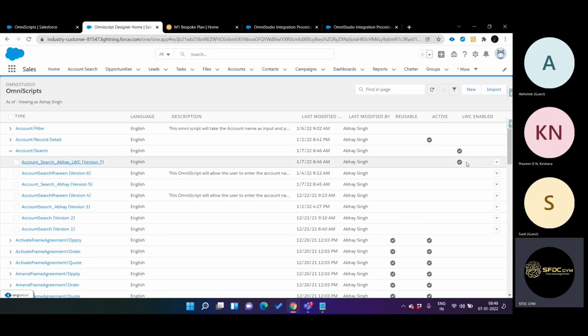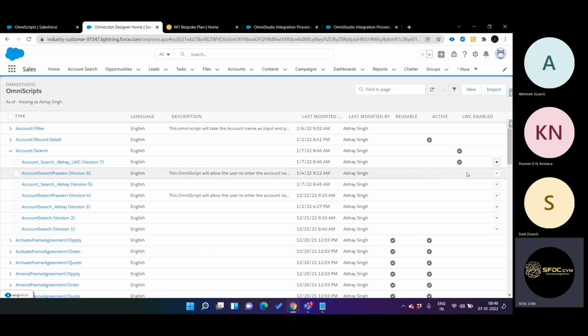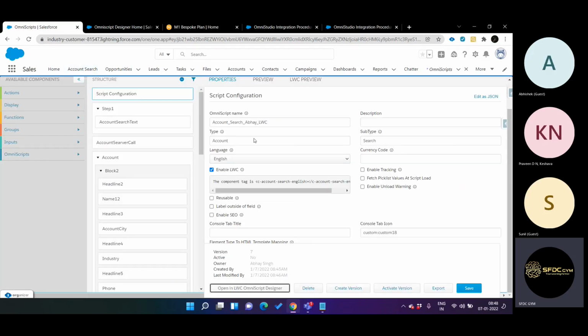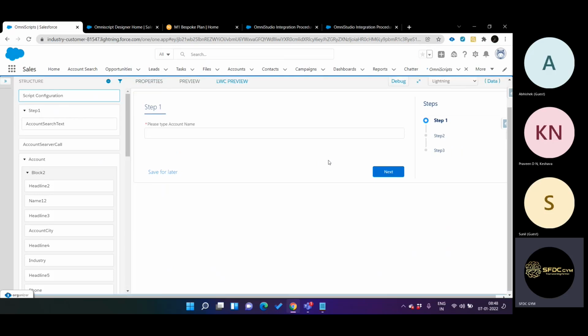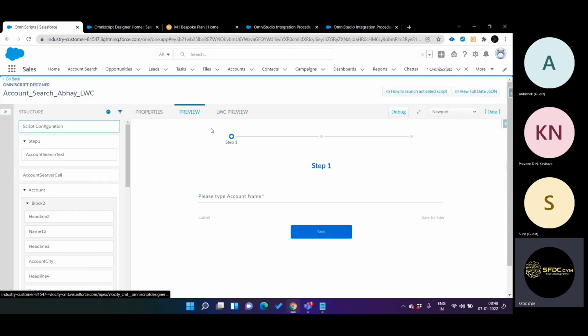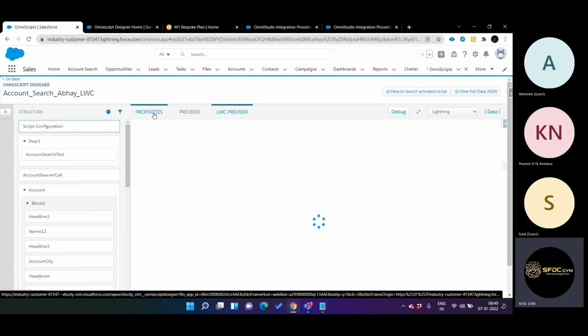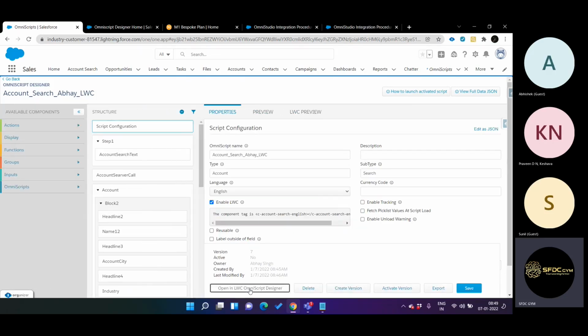You will also see this LWC enable checkbox. First time when you do it, it will take additional time because I think it tries to maintain cache and all. So here you will observe the difference, right? In this preview mode, it is like this, and in LWC preview, it is like that. Now if I go back and try to open,